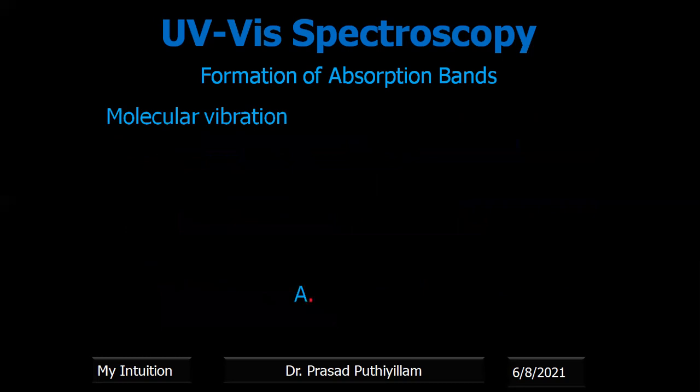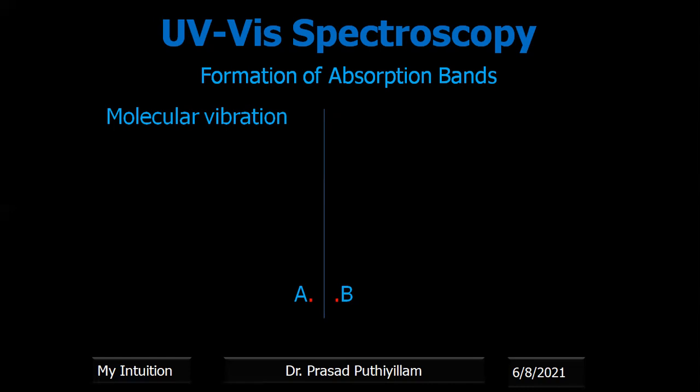So, molecular vibration: when we consider a molecule, I took an example, A and B. They combine to form a molecule, in which the red dots represent the bonded pair of electrons. Even without applying electromagnetic radiation, in the normal case, the bonded pair of electrons has a mean position and vibrates within that limit. This is the mean point where the bonded pair of electrons occupy between A and B.